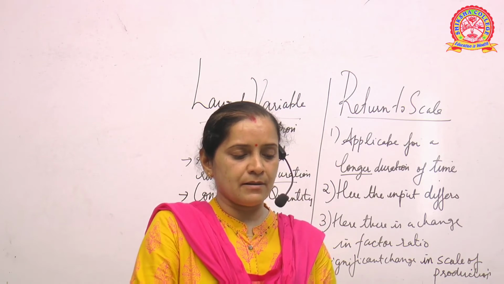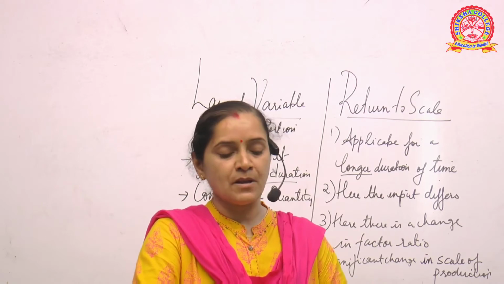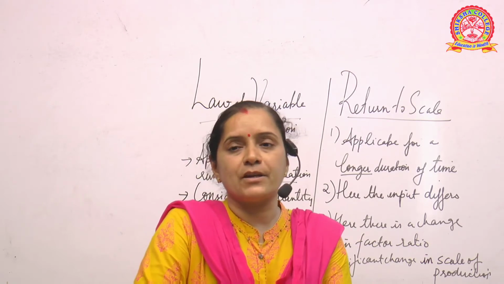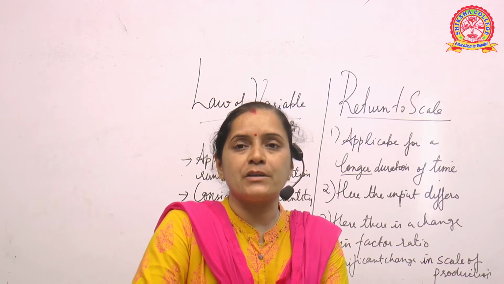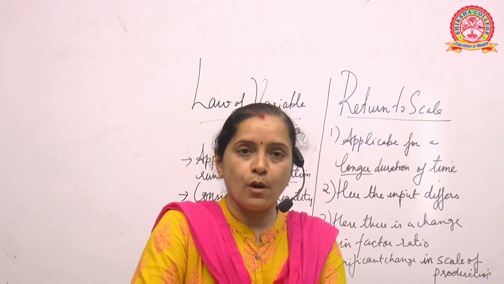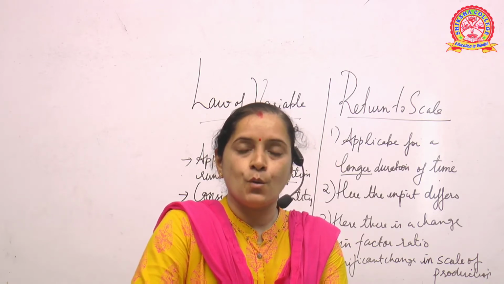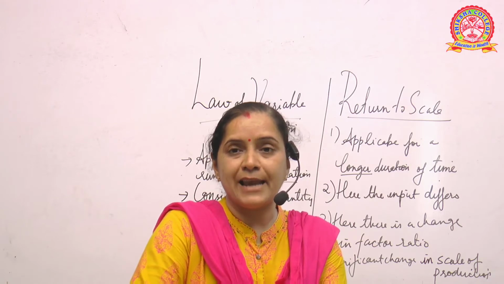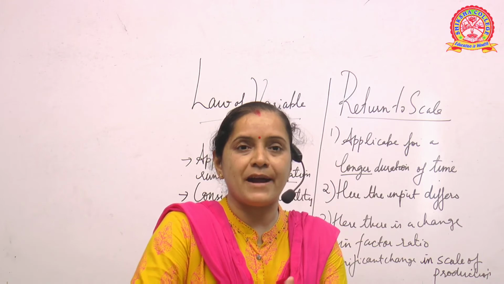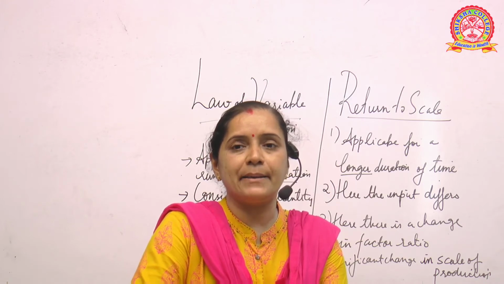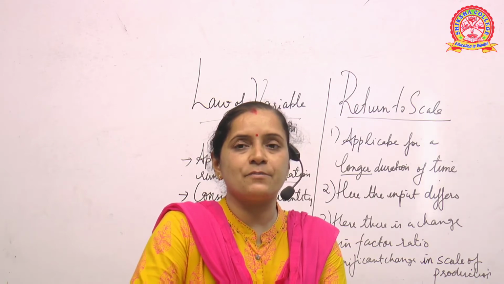Before summing up, let me tell you what we have discussed in the last few classes. In the third unit, that is production, we tried to understand a few important things. I told you what exactly production is, what you understand by production in economic terms, what the function of production is, and what the types of production are. Then we clearly discussed the factors of production, which, if you remember, are land, labor, and capital. Then we discussed the characteristics and features of these factors of production.